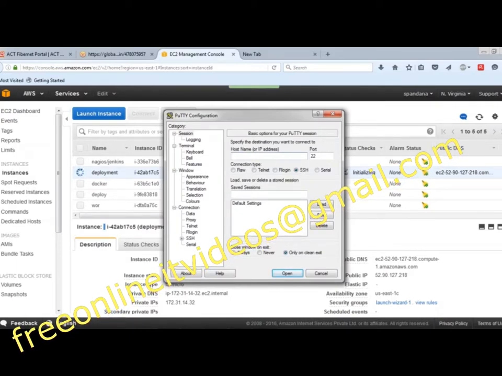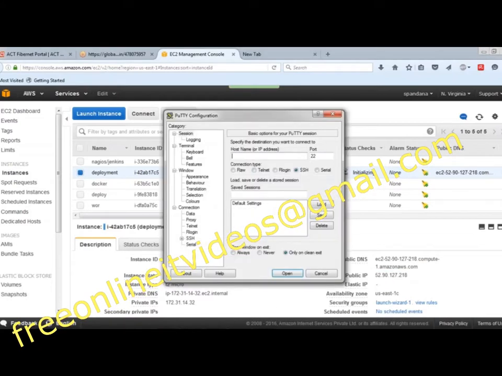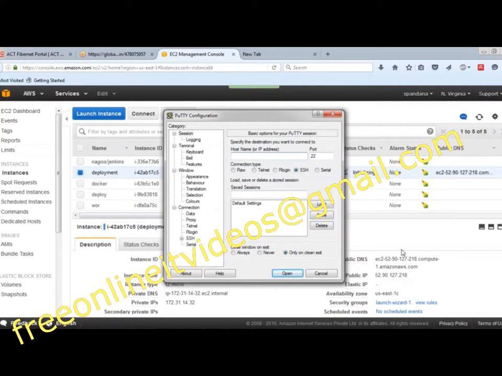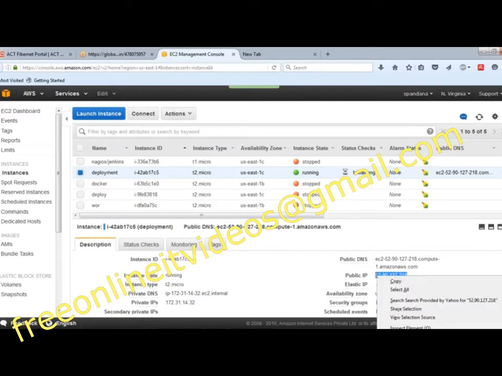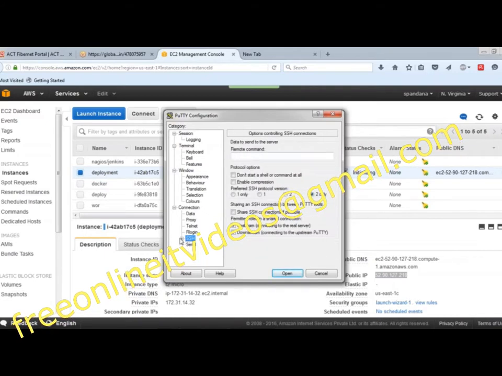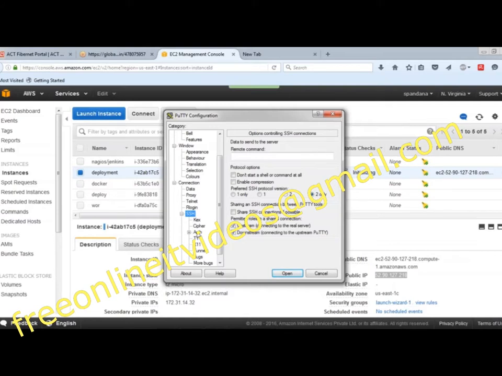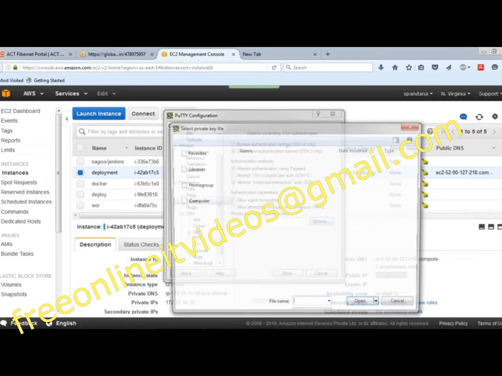Now go to the SSH section, go to Auth, and browse for your keys.